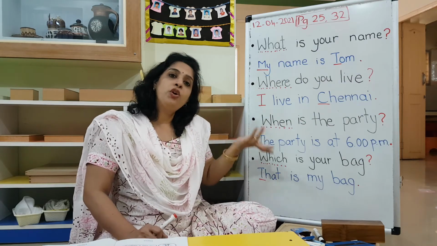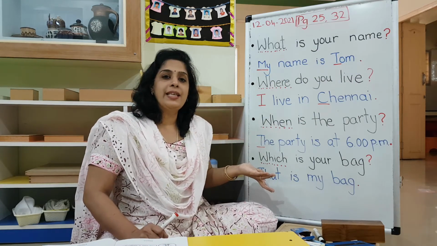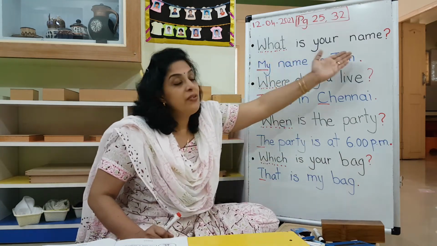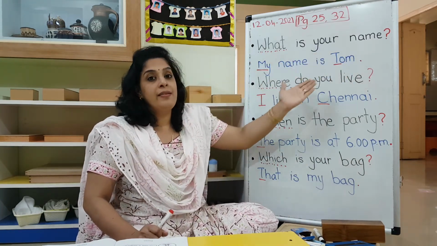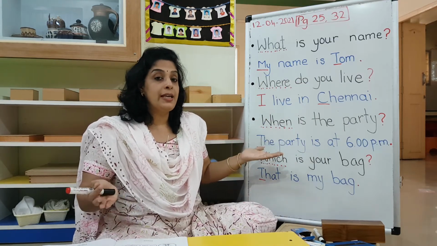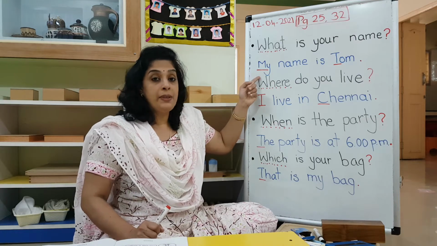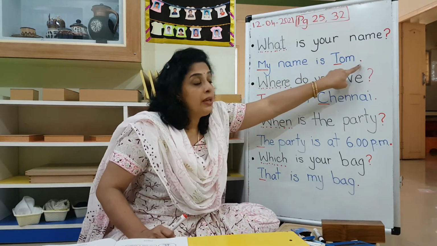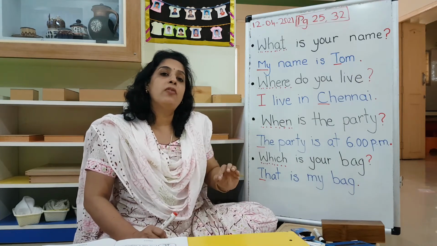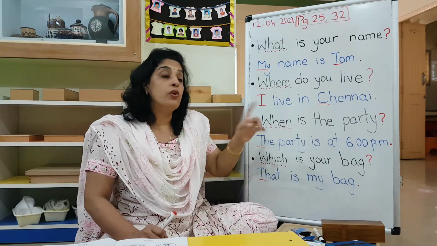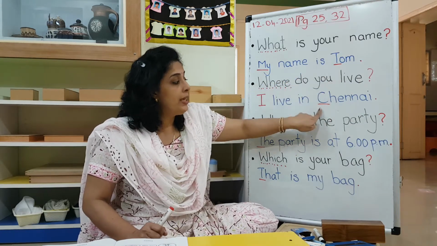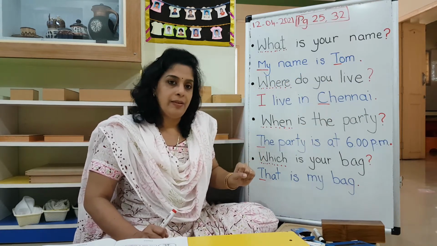The answer part you have already learned to write it in a sentence. So now it is all getting complete. There is a question for you and you are going to write an answer in a sentence. And the rules of answering in a sentence will be, first letter is capital, it should end with a full stop. And names of a person and names of a place should be also in a capital letter. For example, Tom, capital T, Chennai, capital C.